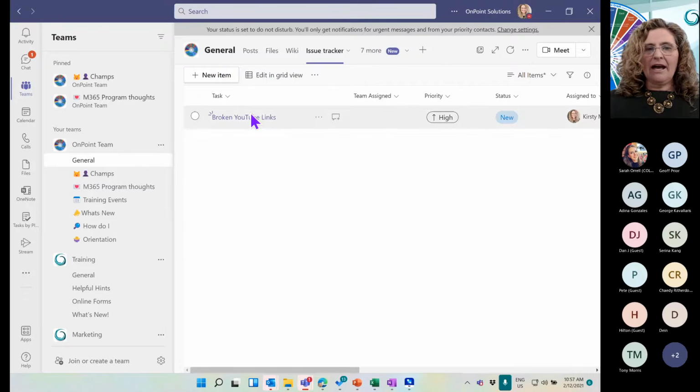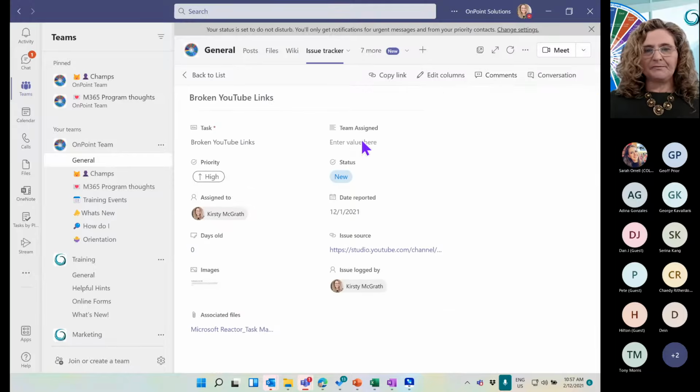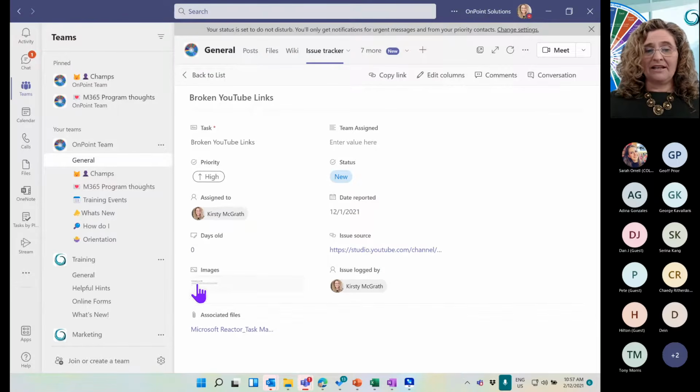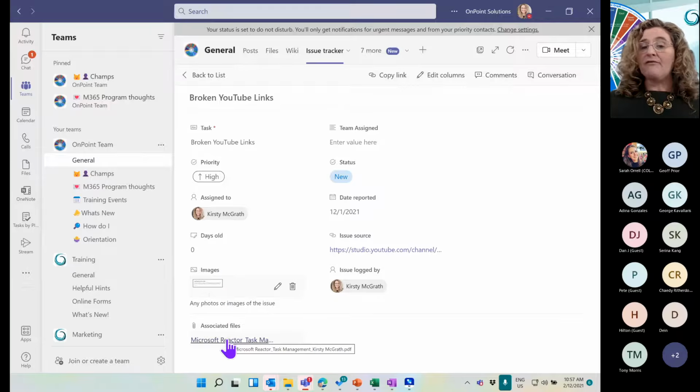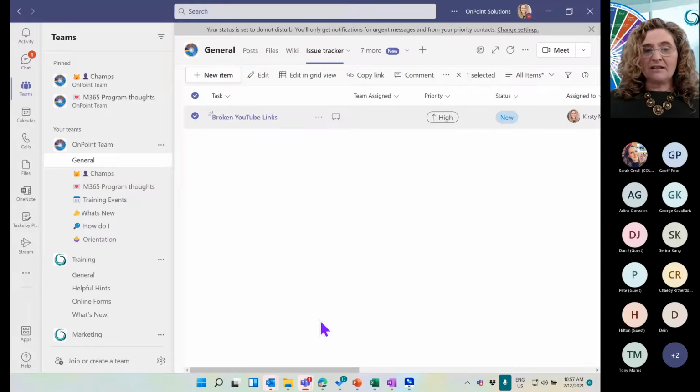With each one that I add in, so if I wanted to have a look at this particular one, I'm just doing a double click on it. I've got my task, priority, who it's assigned to, is it old? I've even added in an image. That image allows me to see what's going on. A file list to be able to support, assigned, new, reporting. Now each column comes with, of course, different content you might want to put in. But the beauty of this is it allows me to be able to track it really simply and easily.